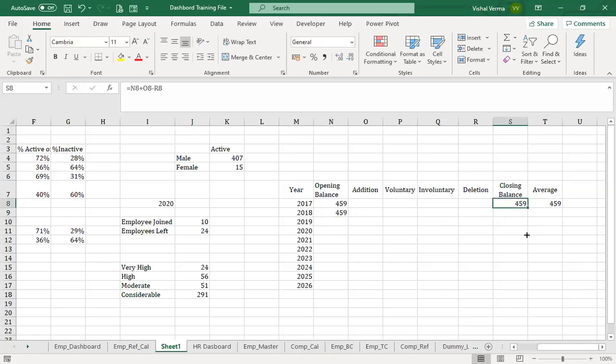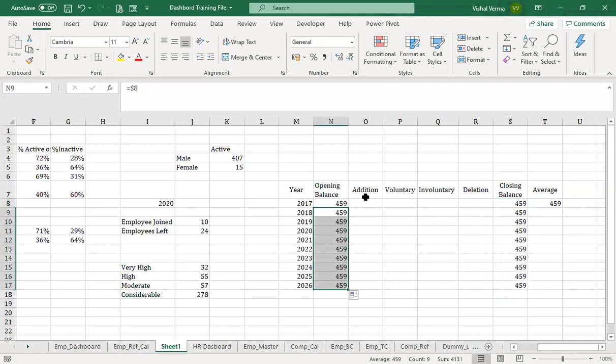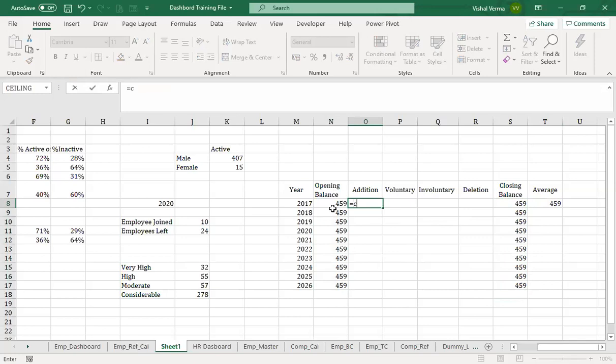So we can just drag and drop here, and we'll get all the information. Now we have to calculate the addition in the year 2017. So it will be COUNTIF. We have to give the range.